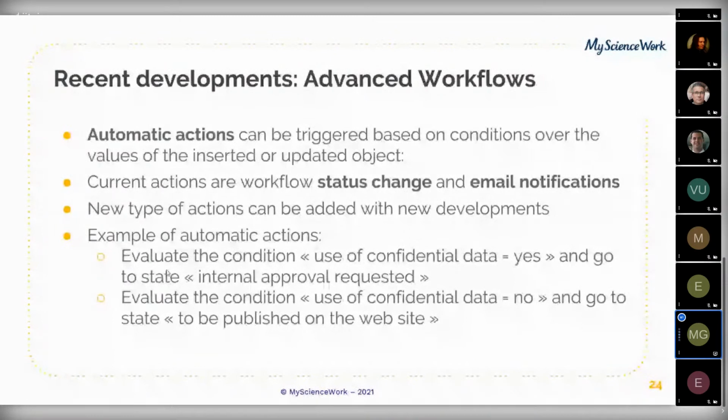So here we could say, if confidential data is used, then we go to the step to verify that the confidential data can be used. But if confidential data is not used, we can go to another step, which is just to validate the content, for example. In this case, the decision is made automatically by the system,